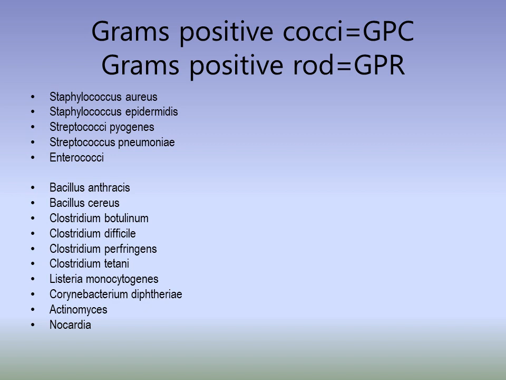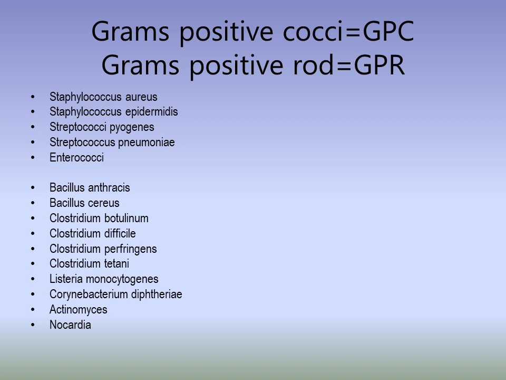So, regarding this first slide, now we are going to discuss different categories of the organisms. We have gram-positive cocci, gram-positive rods, gram-negative cocci and gram-negative rods. Here are a few examples of gram-positive cocci. Before this chapter, I have already told you that gram-positive bacteria are those that have a thick peptidoglycan layer, while the gram-negative bacteria have a very thin layer of peptidoglycan. That is the reason they give a gram-positive stain or gram-negative stain.